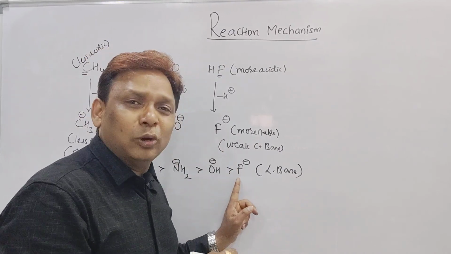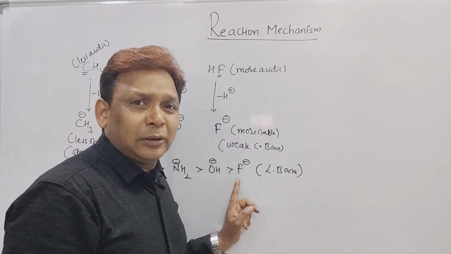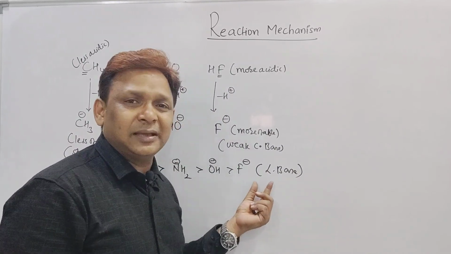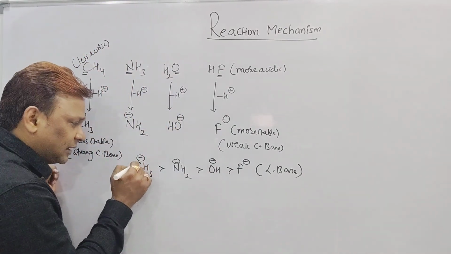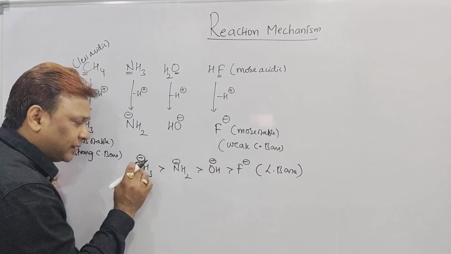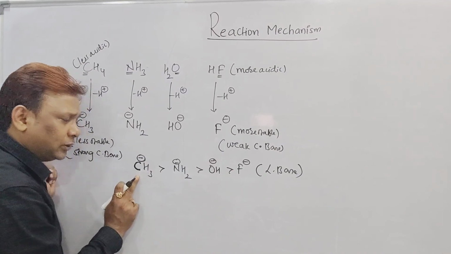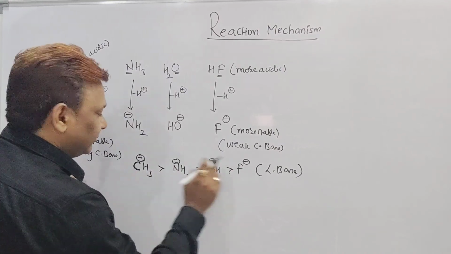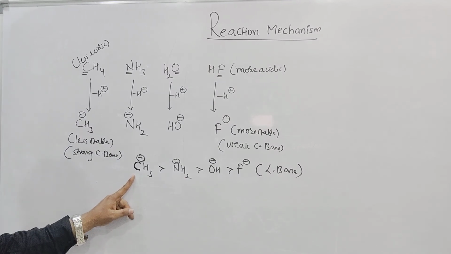But as it can hold a negative charge strongly, it cannot give this lone pair of electrons easily, as it acts as a base, but a Lewis base. But here carbon is less electronegative than fluorine. Having a negative charge does not make any stability sense here. So it has more tendency to donate a lone pair. It acts as a what? Strong Lewis base. It is the order of basic nature.